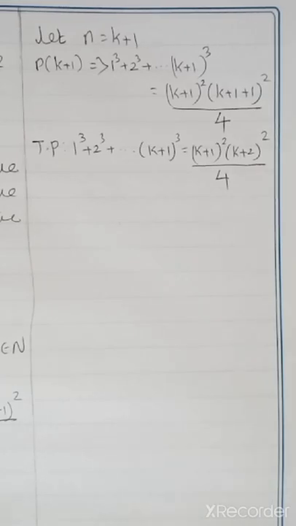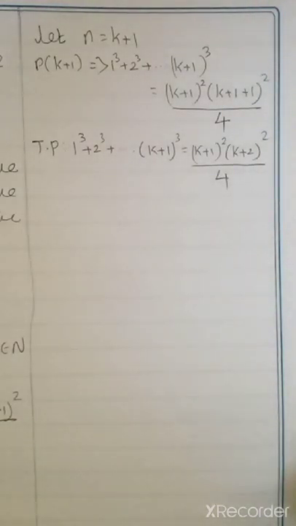Okay. Now one more time I'll tell you, because this is the easiest problem and it is very important also. So first step, what did we do? The question given, we have to take it as P of n. So whatever the question is given, that whole thing we have to take as P of n. Next, what did we do? We substituted n equal to 1, in both left hand side and right hand side. Both left hand side and right hand side should be equal. We got 1, 1. So we concluded that P of 1 is true.